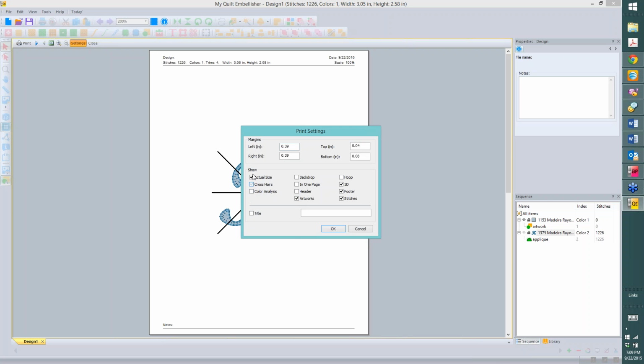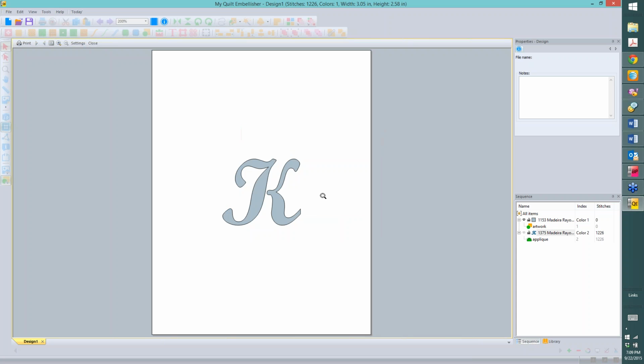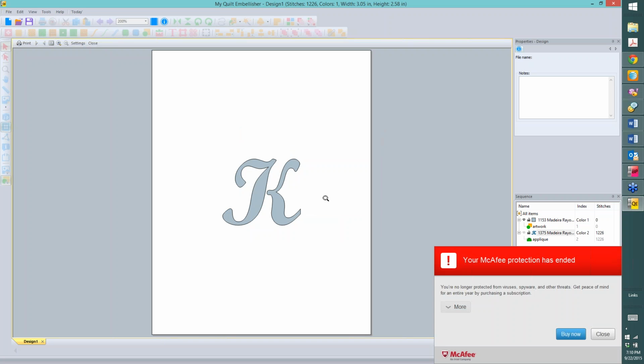I don't need color analysis, no crosshairs. I do want actual size. I don't even want stitches on there or a footer. Now let's see what that looks like. There's my artwork. If I want to print that out on an applique product, I could do that, fuse it to the back of the applique,